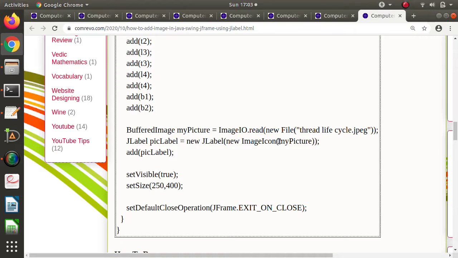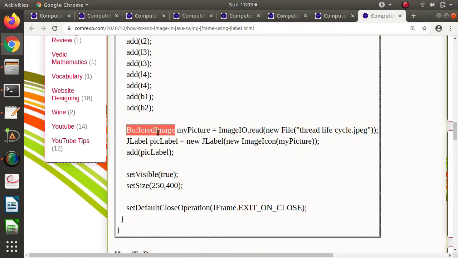In the constructor of ImageIcon, we are passing one parameter, and this parameter is an object of the BufferedImage class. BufferedImage is a class. We have created an object of that, and that object we are passing to ImageIcon while creating the object of ImageIcon.